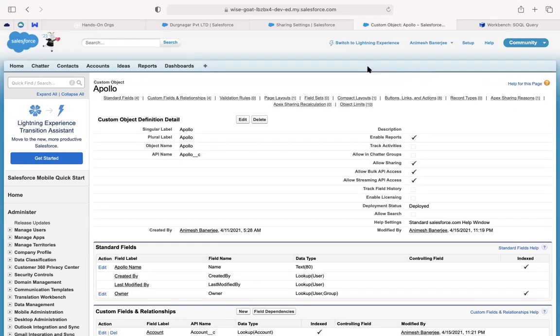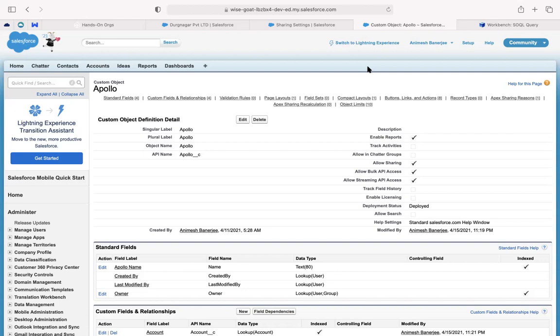Record level security will be implemented only via OWD when the OWD is set to private or public read only. Then only you are securing the records. Otherwise, owner and non-owner have the same level of permissions based on their profiles and permission sets. But if you want to bifurcate, so that the owner and non-owners have different permissions, then OWD is the only choice. So record level security can only be implemented using OWD and nothing else.